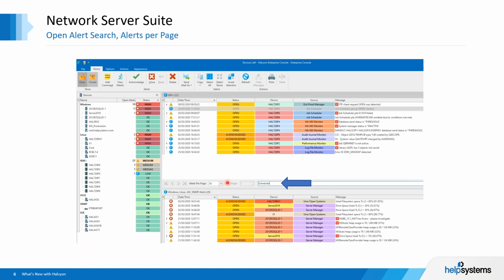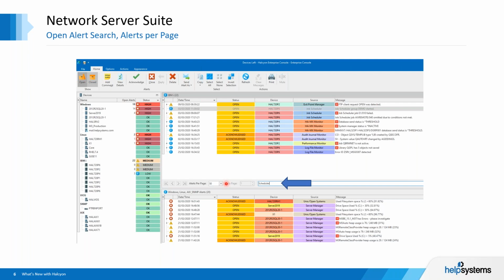You can state how many alerts per page you want. That could be quite key, particularly as you can shrink the font. If you have it on a huge LCD on the service desk, you may want the font quite large,